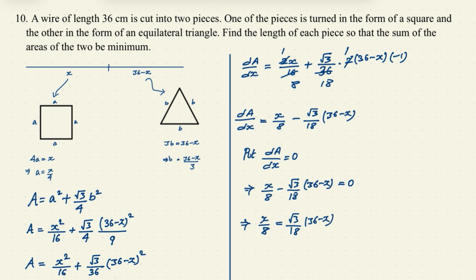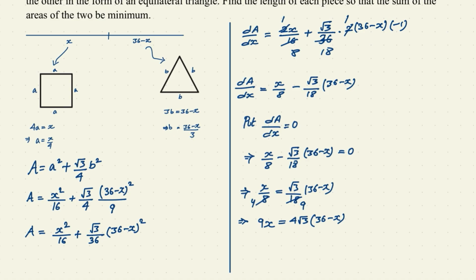So here let us cancel, 2 fours are 8, 2 nines are 18. So on cross multiplying we will get 9x equals 4 root 3 into (36 minus x)